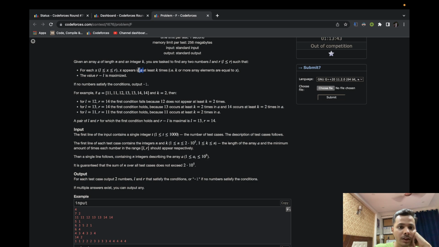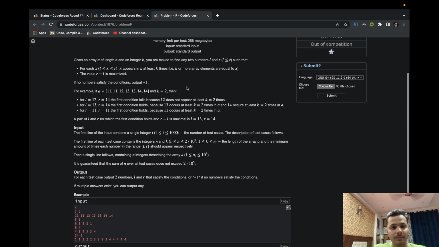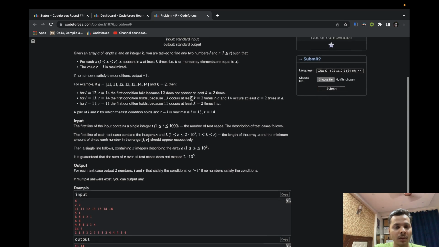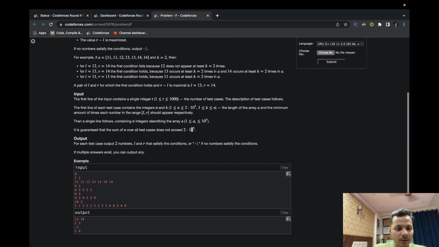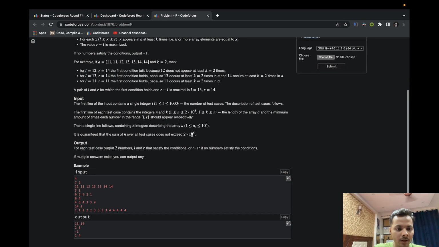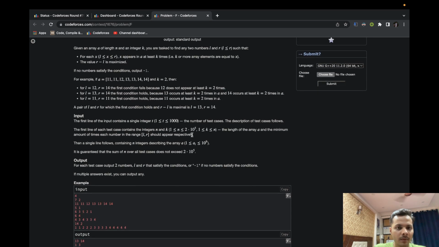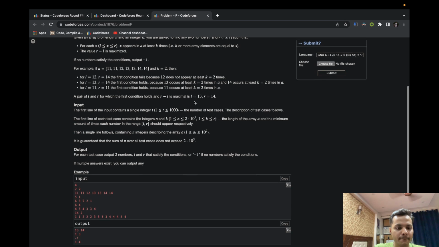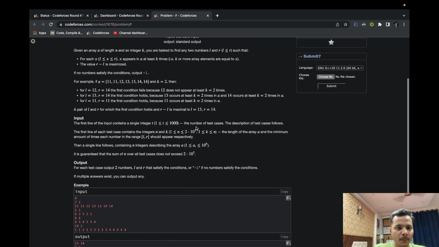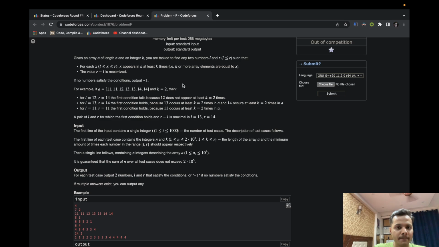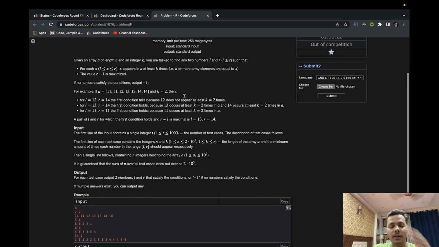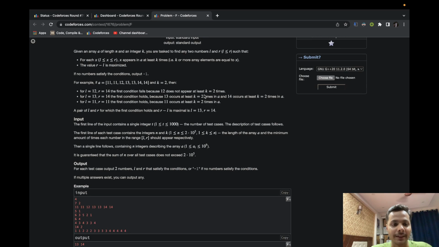Okay, X appears in A at least k times. Damn it. I thought it should appear in the subarray at least k times. That's my bad. Okay, I completely misread the problem yet again.